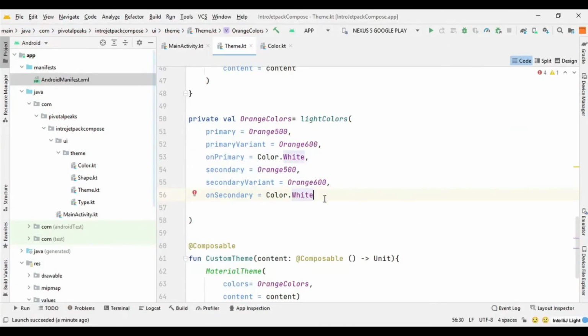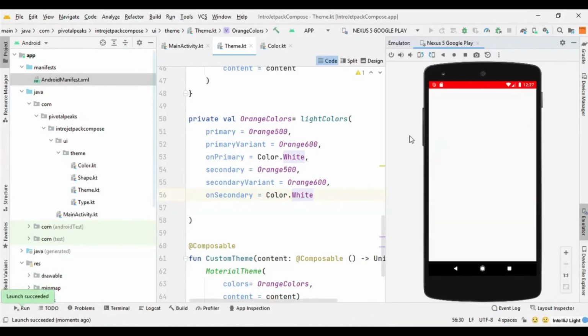So let's run it and see. So now you can see that we have managed to apply the themes properly in our app.